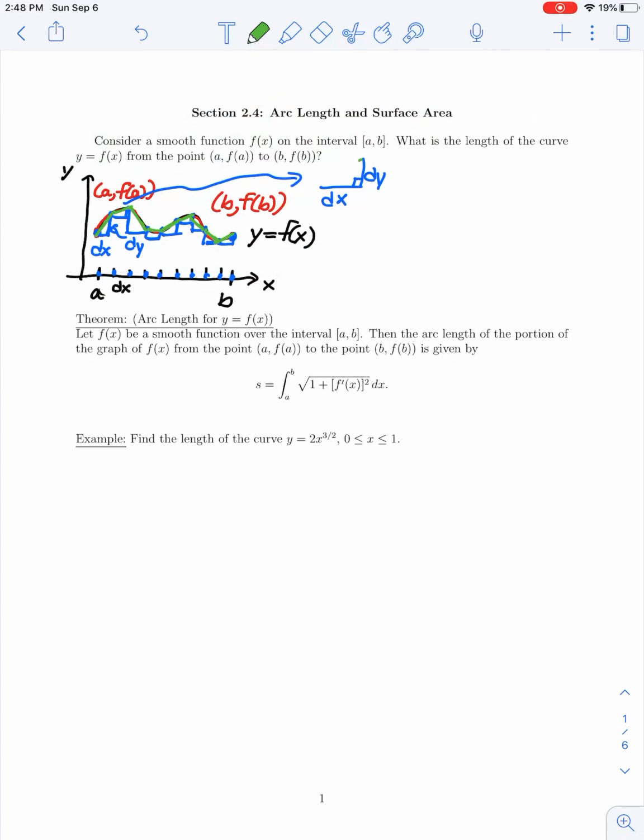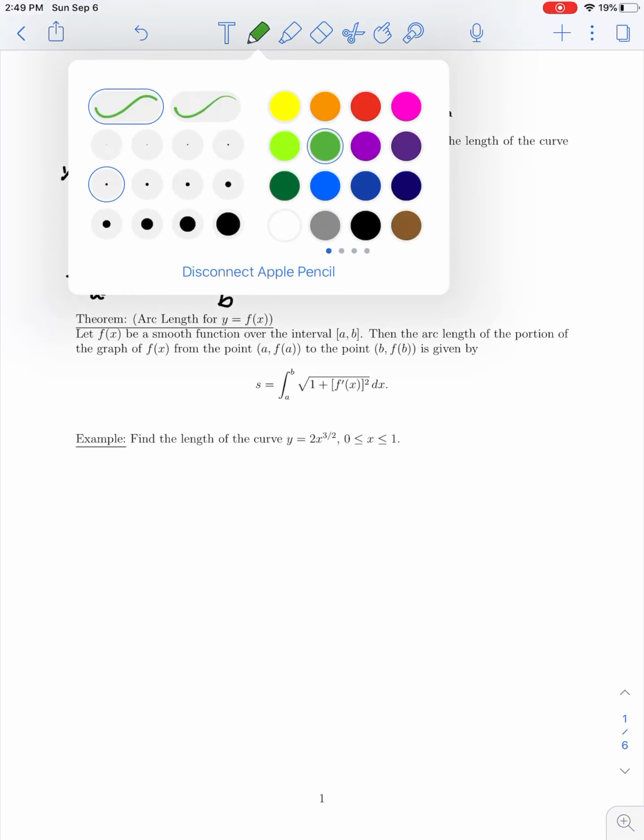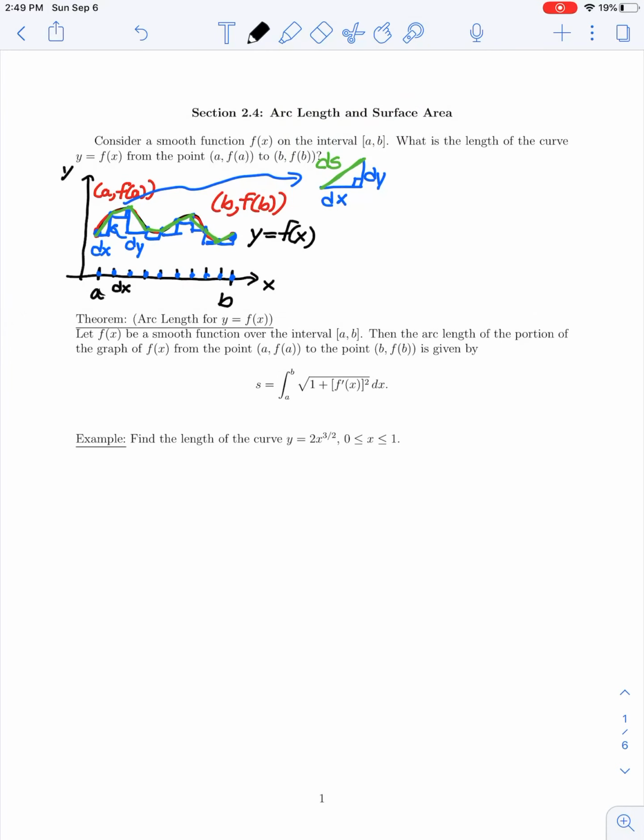And so the distance between those points on my curve is going to be the hypotenuse of this triangle, and I'm going to denote this as ds. The notation that we'll introduce here is that we'll call lowercase s the arc length of our curve. So this little segment of length along our curve would be a differential of the total arc length, or ds. So using the Pythagorean theorem, well, we can say that